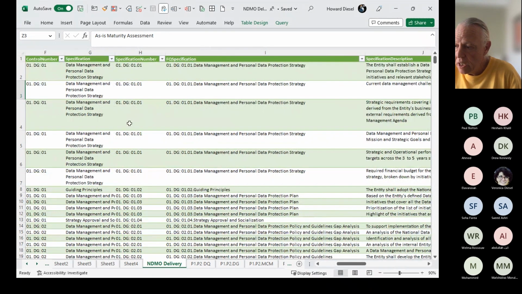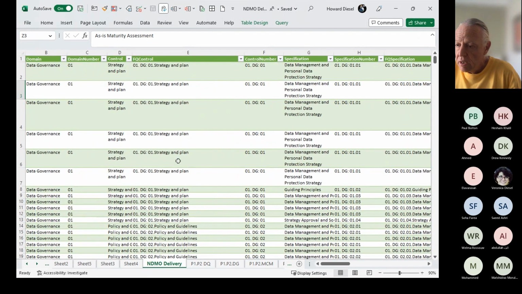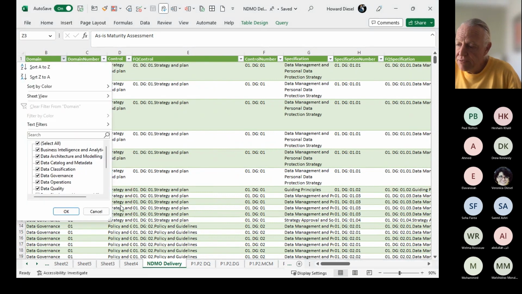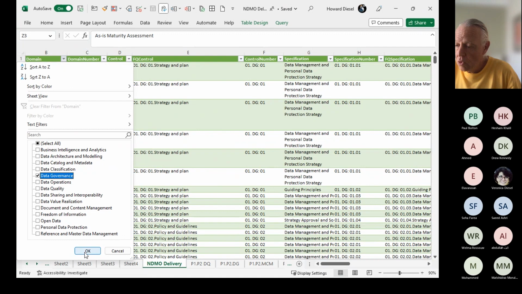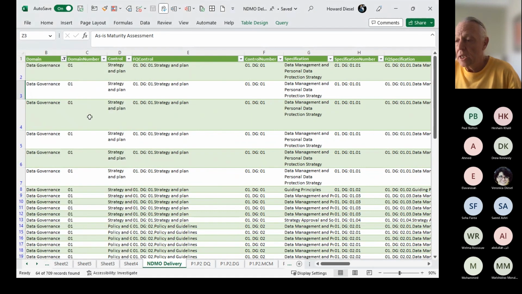Can you see here, for example, let's simplify this. First of all, let me filter so you can look in Excel. Those are the 14 domains. If I filter to data governance, that's domain 1, data governance. These are all the controls, strategy and plan.